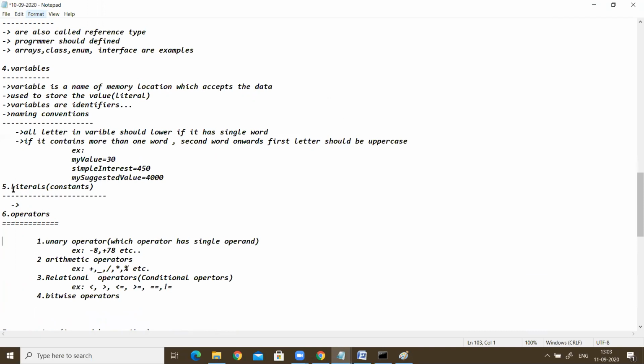Next topic is literals. Literals are nothing but constant values, globally constant values. That means we have different literals. We have